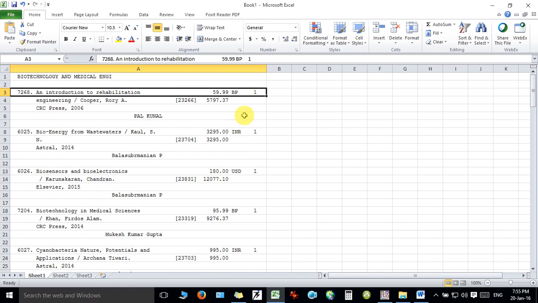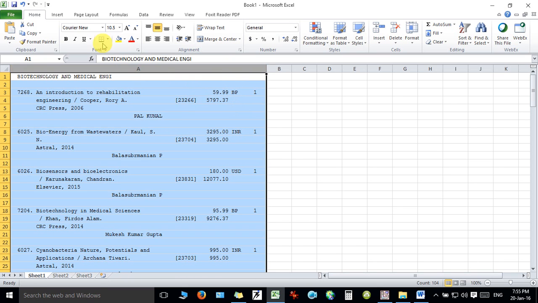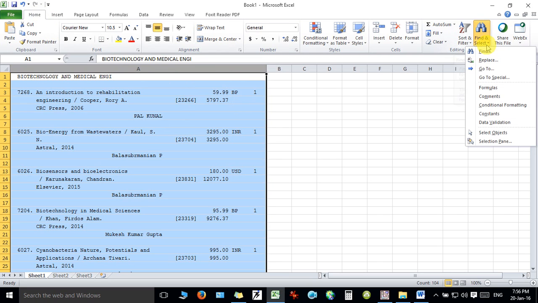So let us see how we can add the special character. I'll select this particular column, go to Home, come to the last and find the Replace option here.